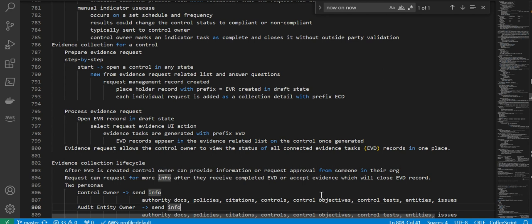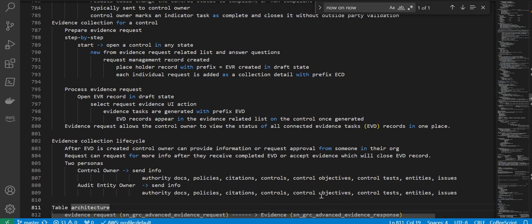Requester can request for more info. They receive completed EVD or accept evidence, which will close the EVD record. Two personas, control owner, send info such as authority docs, policy, citations, controls, control objectives, control tests, entities issues. Audit entity owner, send info, authority docs,